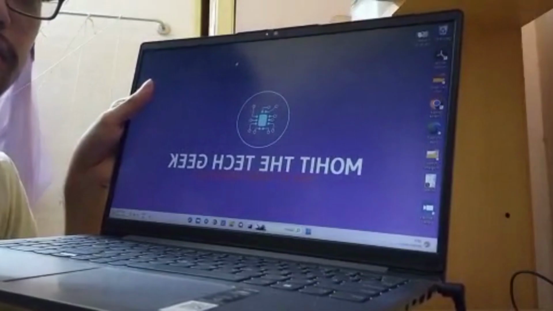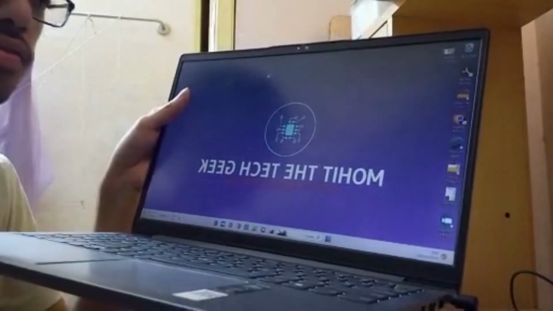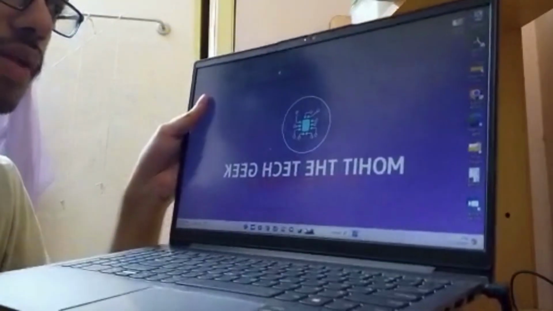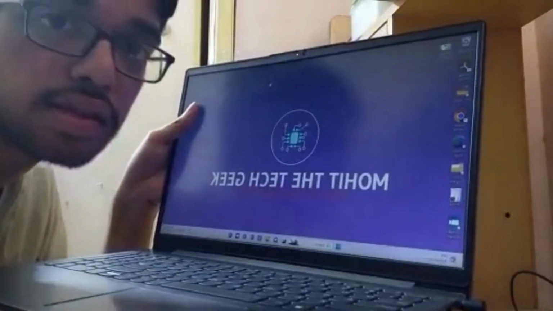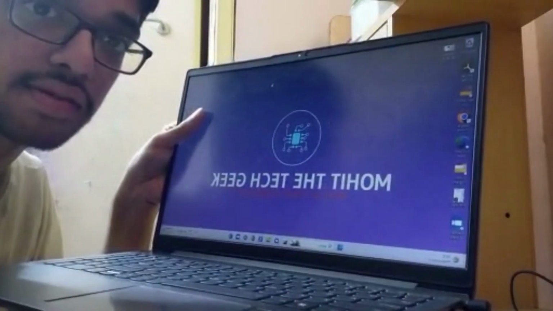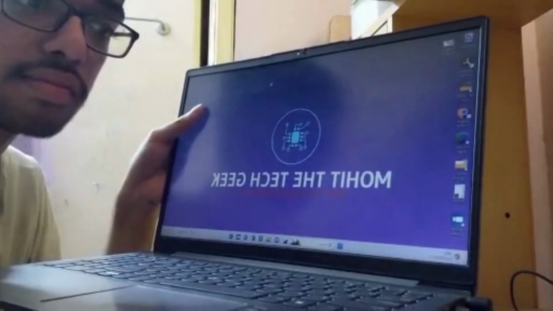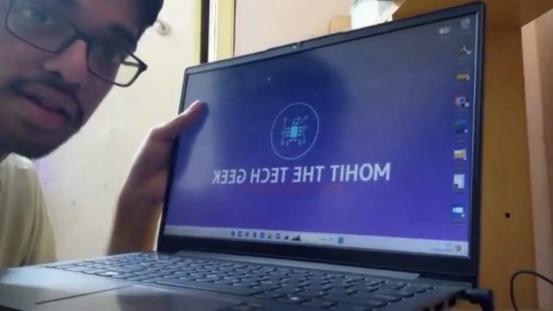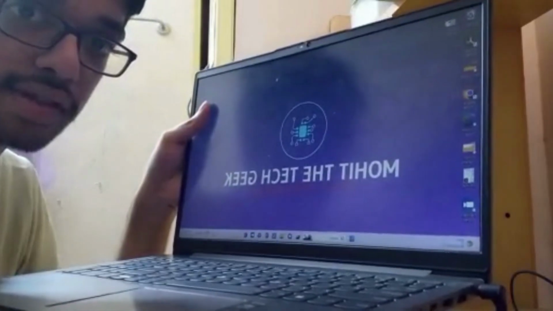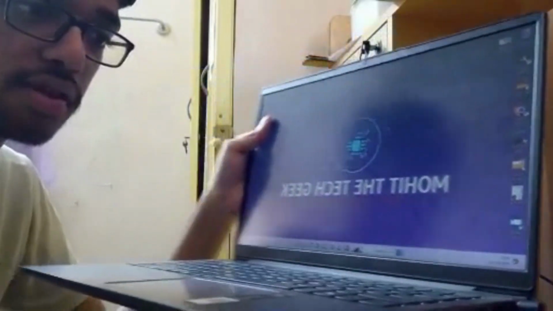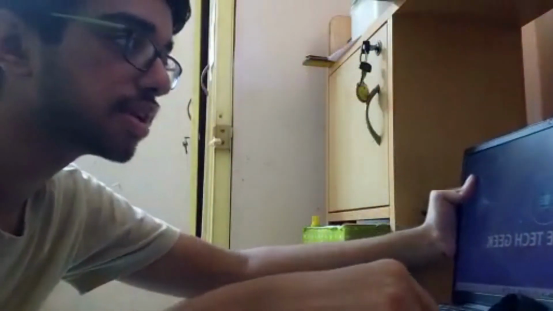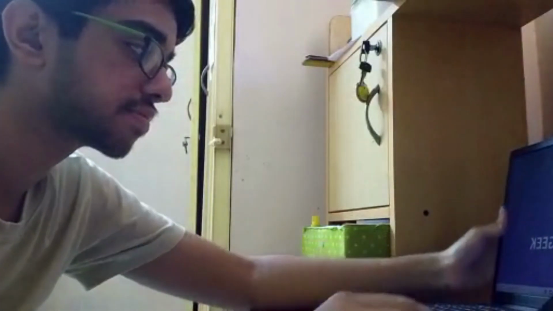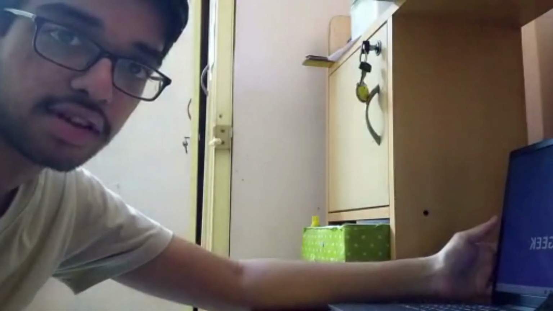And this is how my logo looks in the new laptop. I know it's reversed because I'm recording it from screen to screen. But once I get onto the actual part of the video, you'll be able to see it in full screen. I'll try showing it to you for a second. But anyways, without any further ado, let's get going into it.